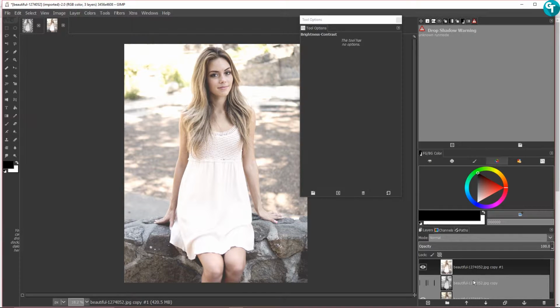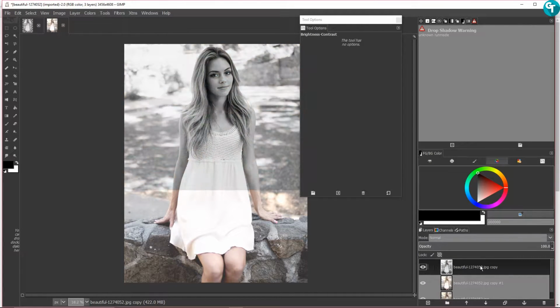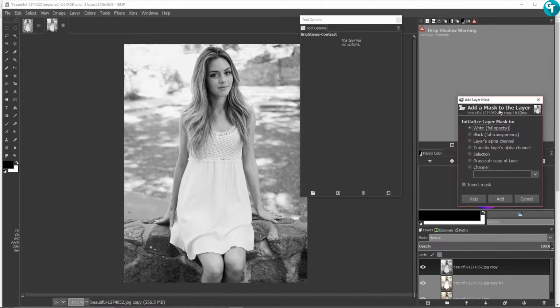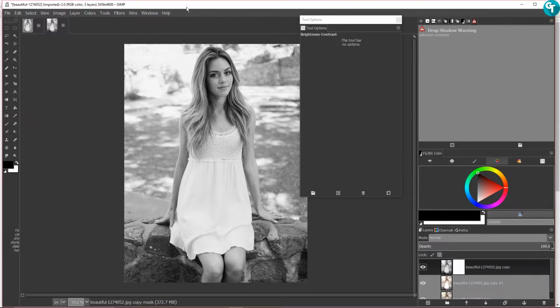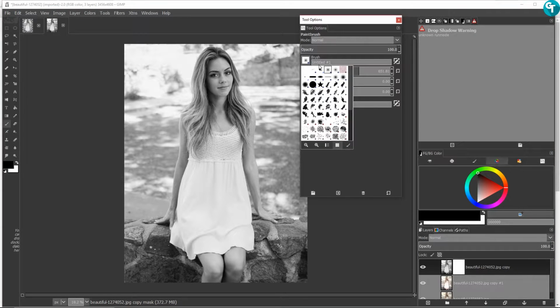And let's go ahead and bring the black and white image up above that one now. Let's right click on this, and let's add a layer mask, and it's going to be white, full opacity. Let's go ahead and click add, and we are going to get a brush, and we want to use a